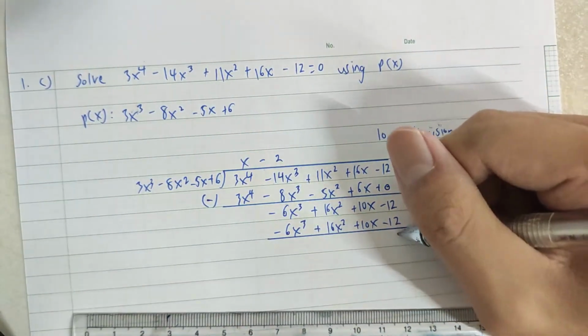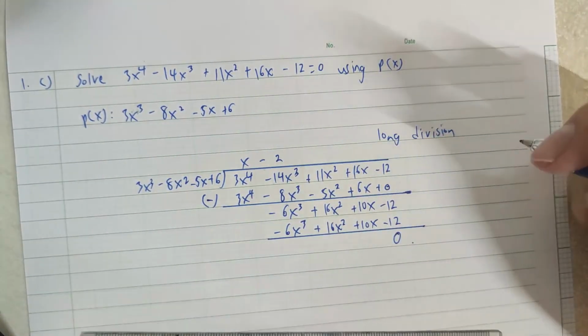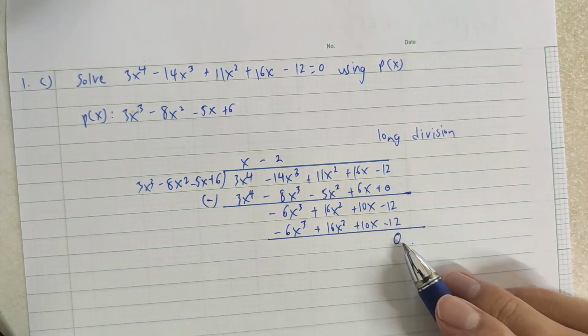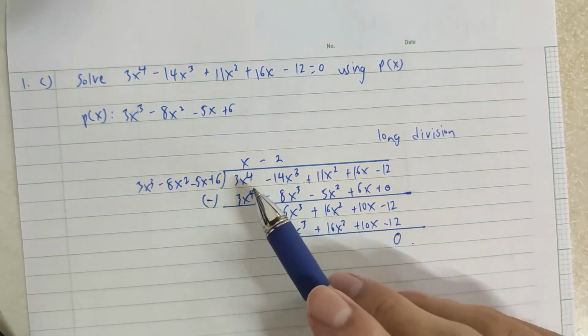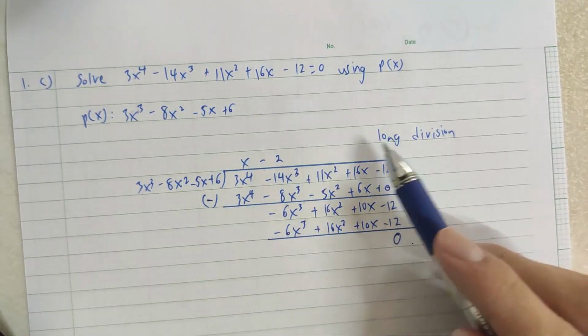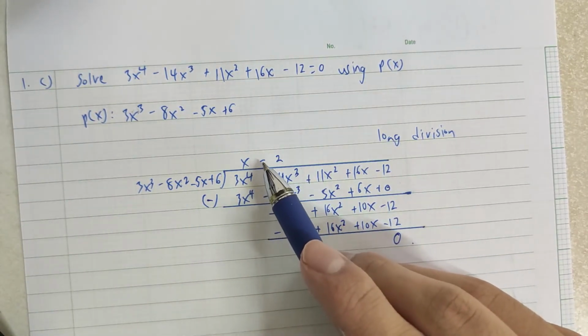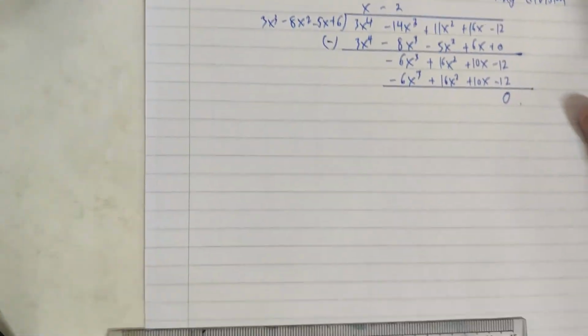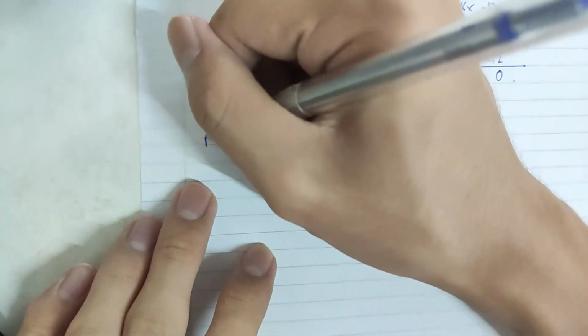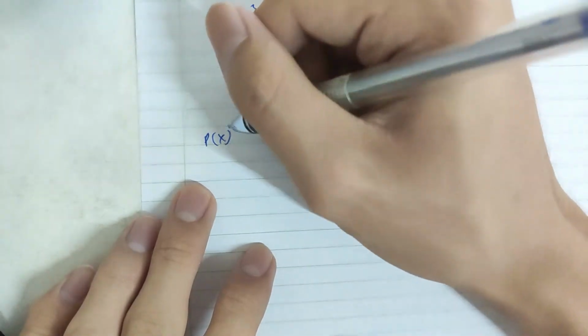So there is no remainder. From here, we can show that Px is one of the factors of this whole equation, and then x minus 2 is another factor. So we write like this: Px equals to